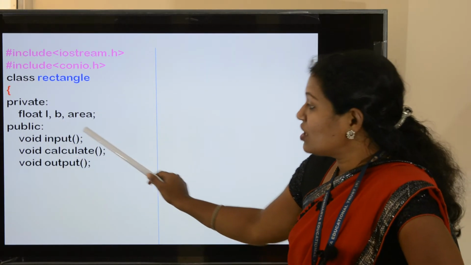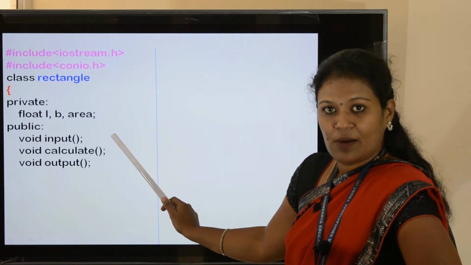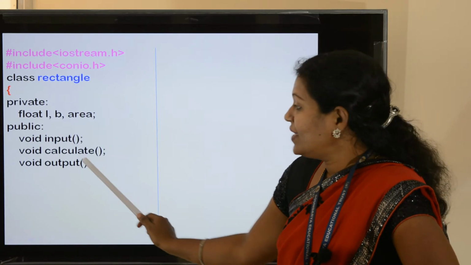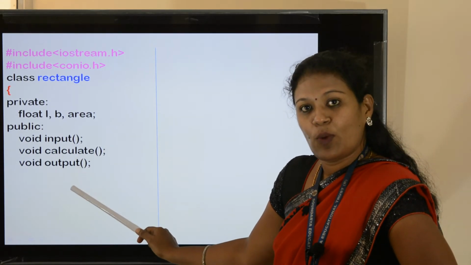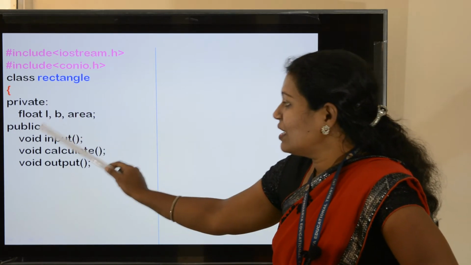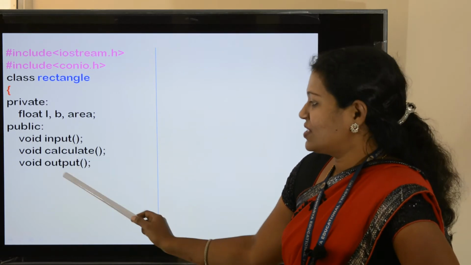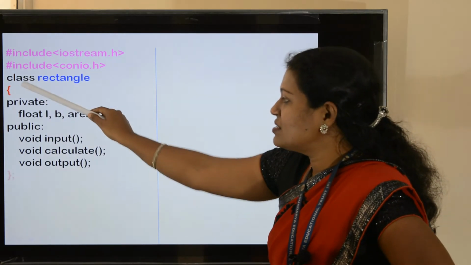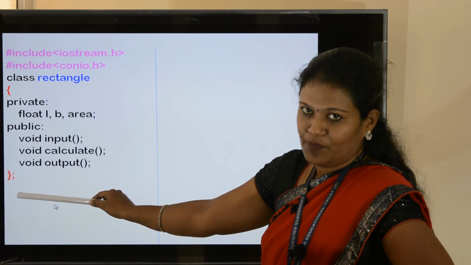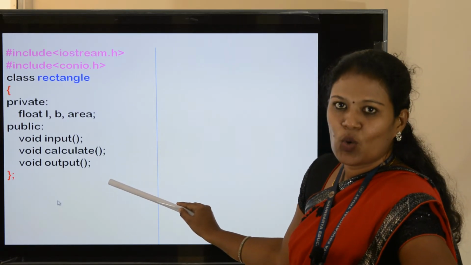Instead of input, you can give putdata. Instead of calculate, you can give process. Instead of output, you can give display or result. You can give any name to these member functions. Next, you need to close this opening curly bracket followed by a semicolon. With this, the class definition is over.